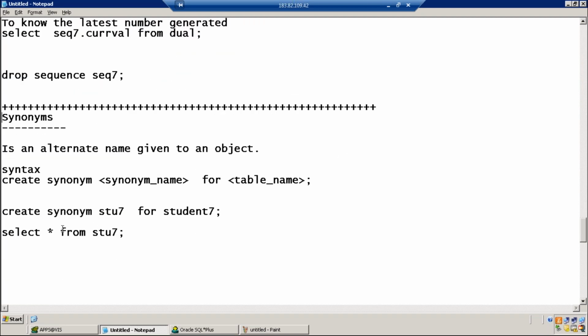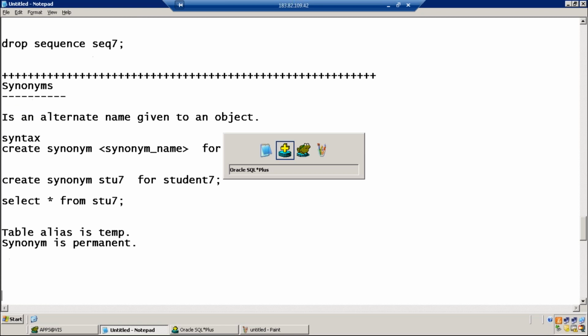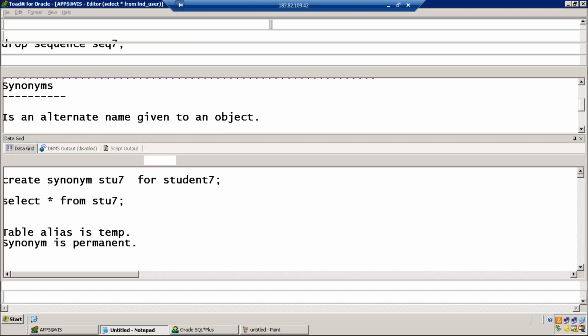Once you create it, you can use it in the next session. Whenever you want, you can access the table by using the synonym. So a table alias is temporary, whereas a synonym is permanent.